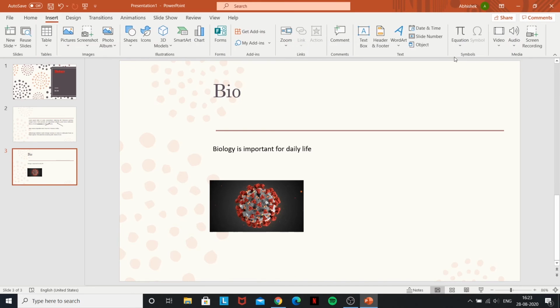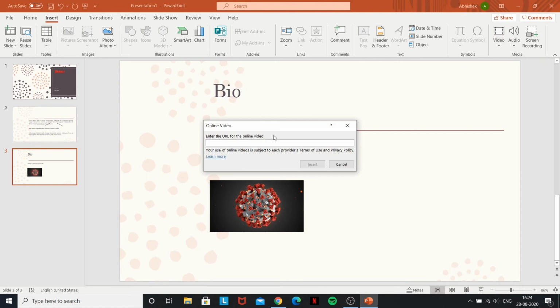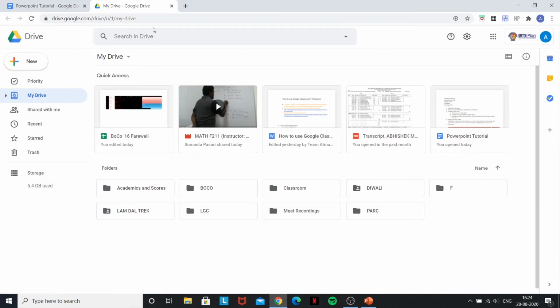So under the Insert tab, we only have three more things, which are media. So you can insert a video, which can be an online video or a video from this PC. So if you have a video already on your laptop, you can upload one of those. Or if you go to online video, all you have to do is insert the URL of your YouTube video and it will automatically display it. So I can show you how to do that right now.